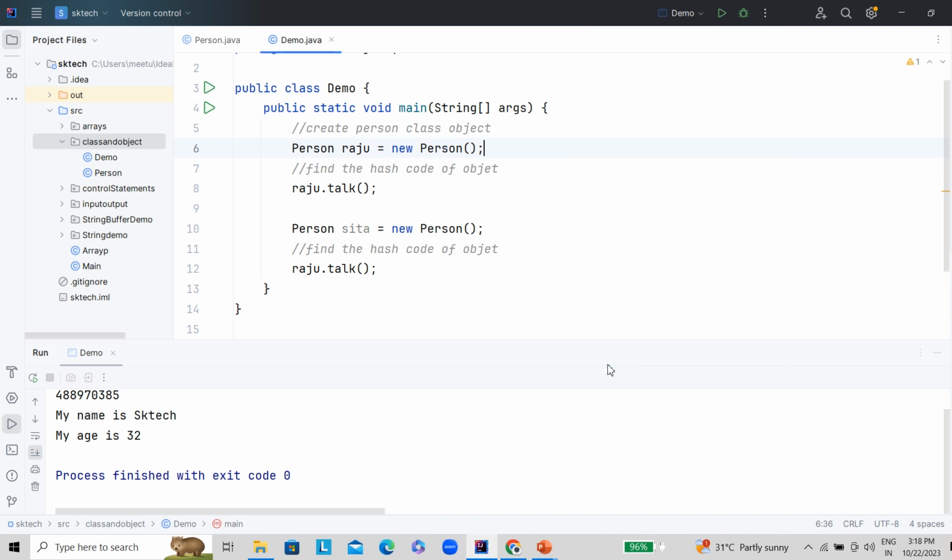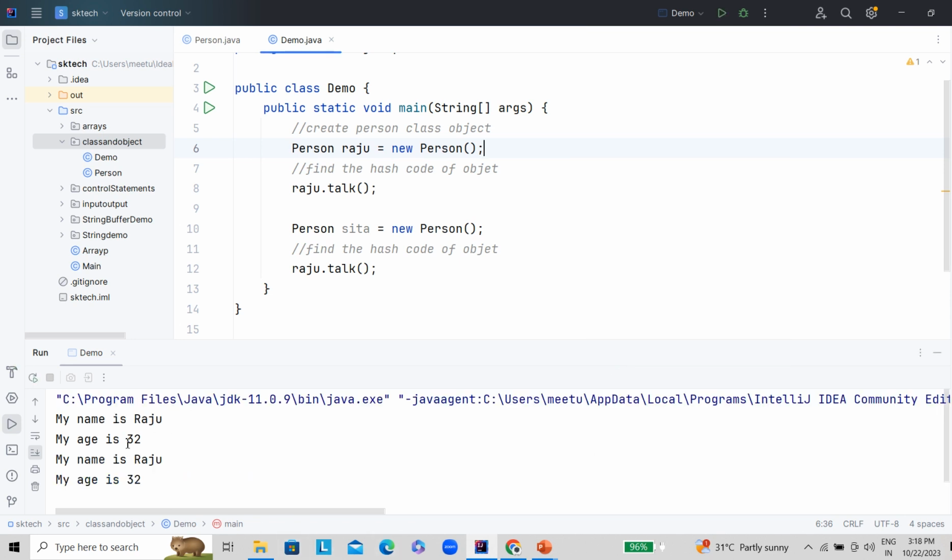So if you run this program and see the output, if you observe what it is printing: my name is Raju, my age is 32. Again it is printing my name is Raju, my age is 32, even though we have created a different object for Sita, right? So this is also not a good practice. Since these two objects are different, the values should be printed accordingly, right?